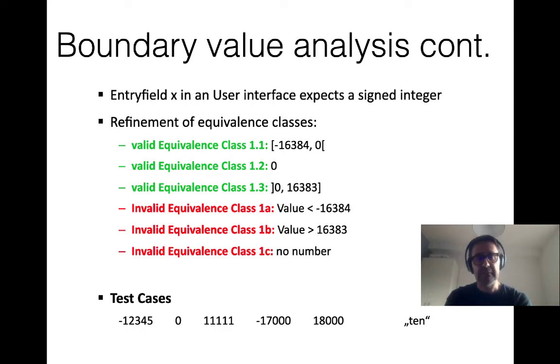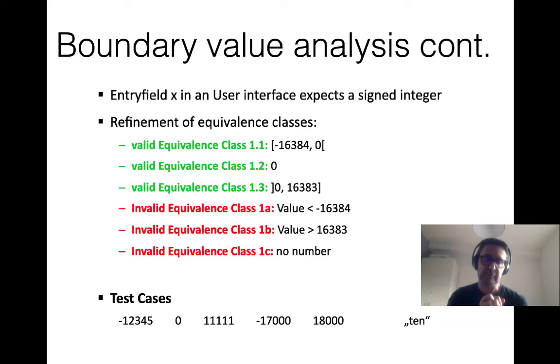Yeah, and this we go on here, valid equivalence class. So we could use the 0 to split it up into different, more refined valid classes, and also we add maybe an invalid equivalence class 1C here, which is if this is a text box, maybe you're not even providing a number, or people might misunderstand and try to write down in